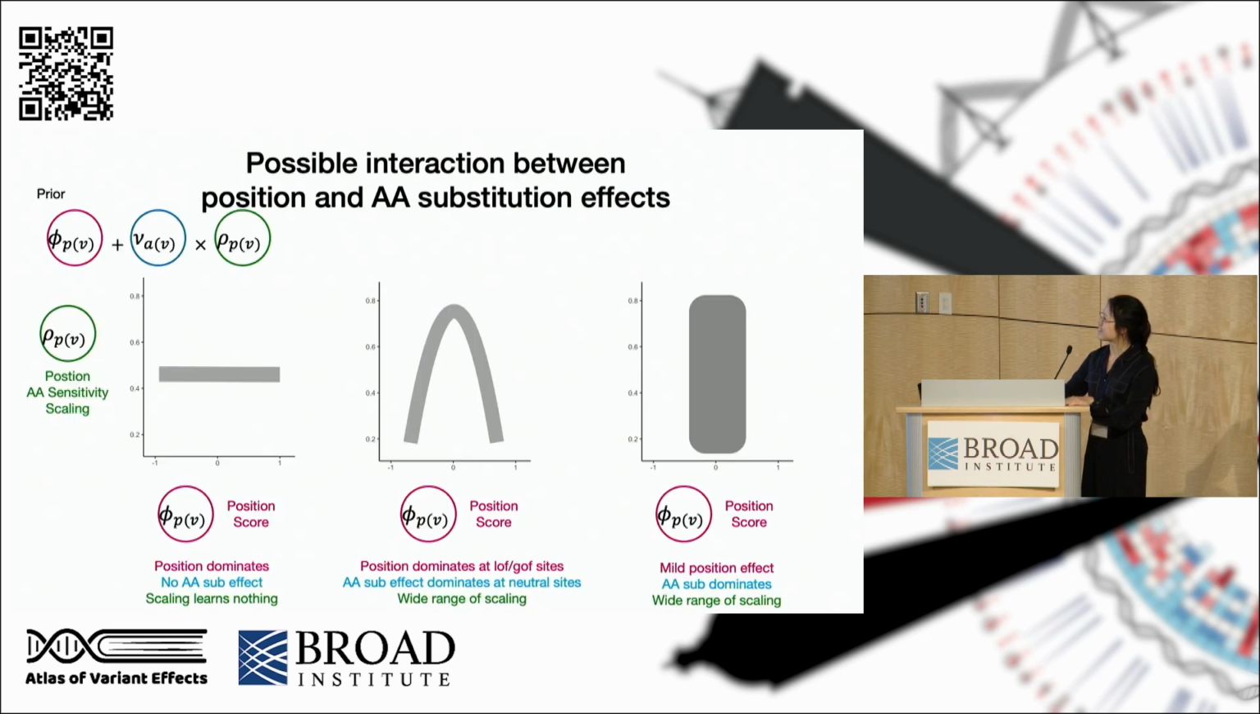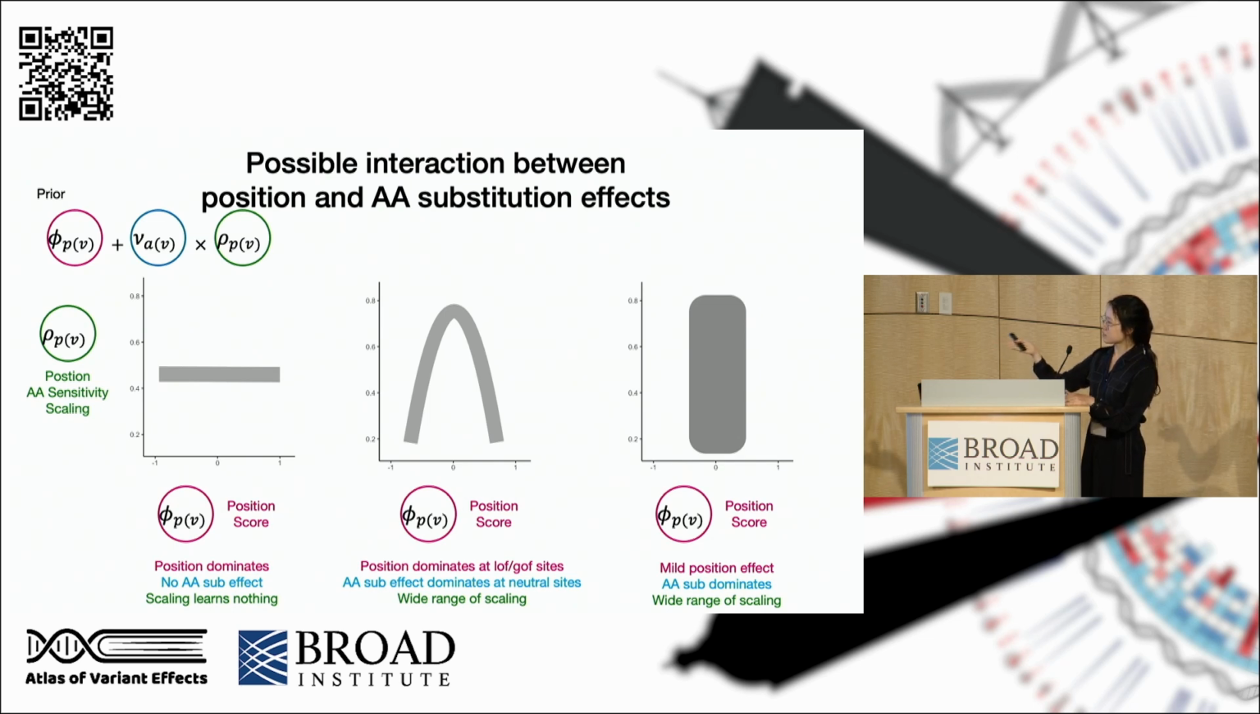Okay. This slide is in a rush, so hopefully I can explain what it means. Because we also estimate these prior parameters, which are the functional score in the pink, the amino acid substitution effect in the blue, and this amino acid sensitivity scaling on each position, we can plot the correlation between the position score and the amino acid sensitivity scaling. If we just look at this plot, hopefully it can give us some insights into this protein and